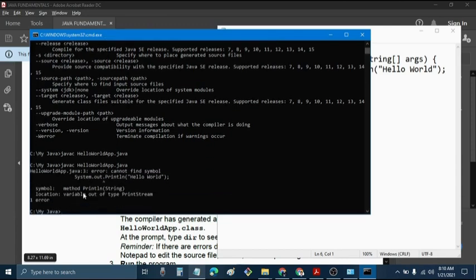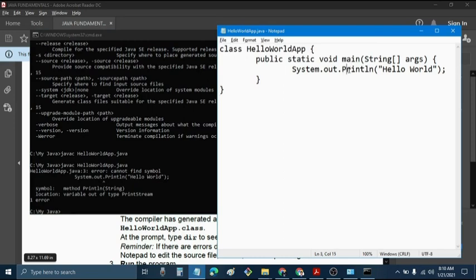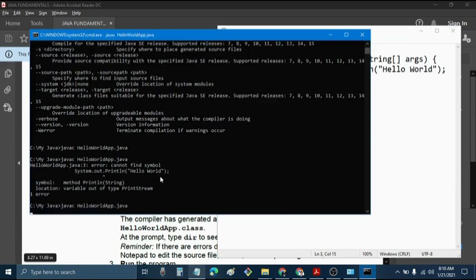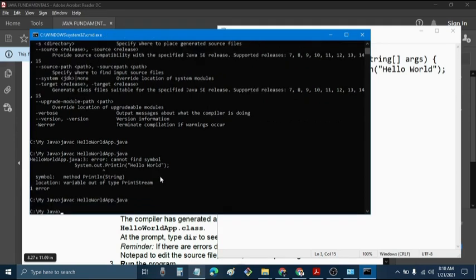Remember, if there are errors displayed after the compilation, switch to Notepad to edit the source file. Save it and compile it again. If there are no errors displayed, the compiler has generated a class file,